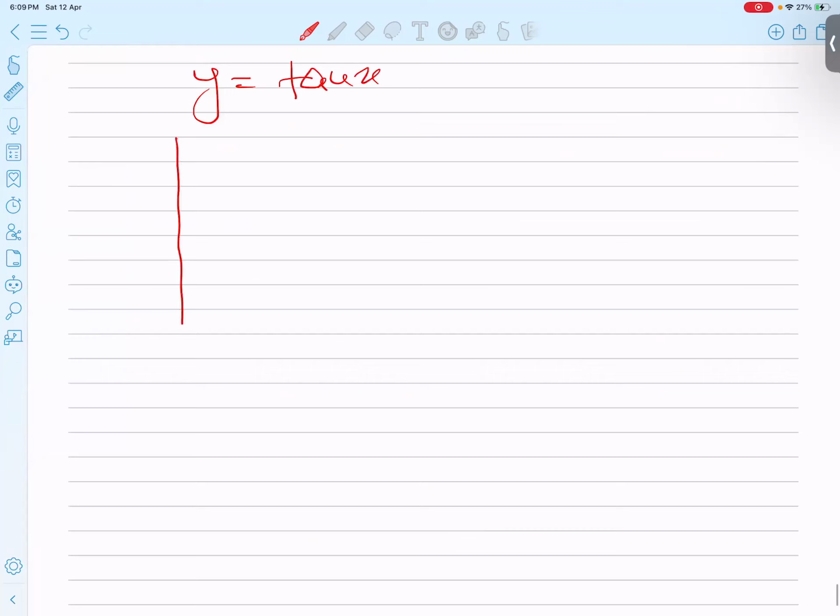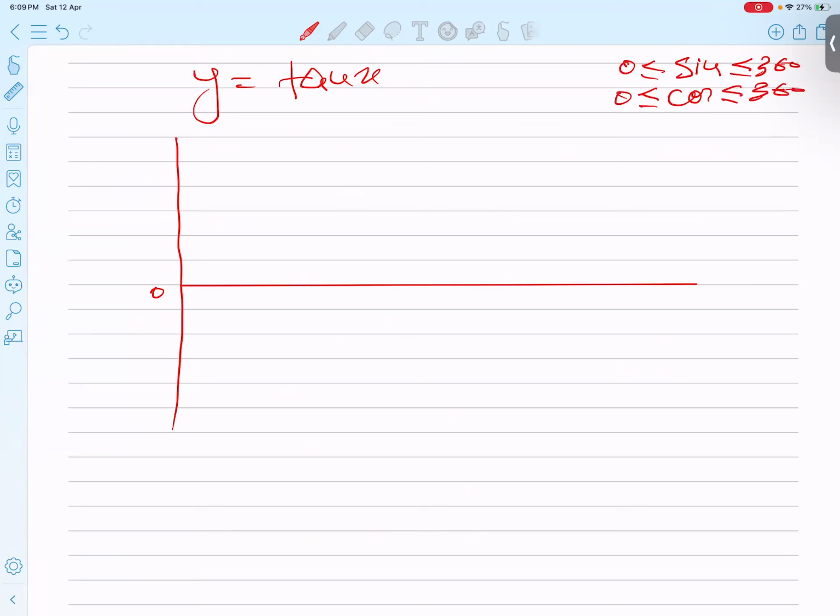Not a hard job for us. Do one favor. Best technique is what? So take 0, and this is for your knowledge. Sine graph and cos graph always come for highest value 360 and starting from 0. Make sure always, okay. But tan graph always come for 0 till 180. Okay, so let's say this is 180,